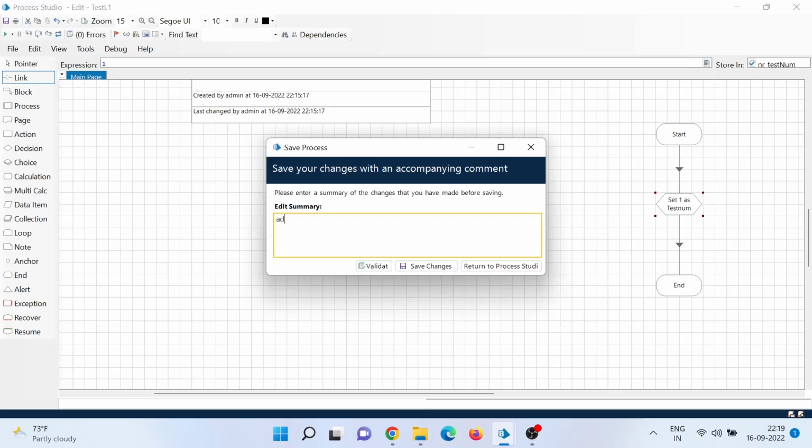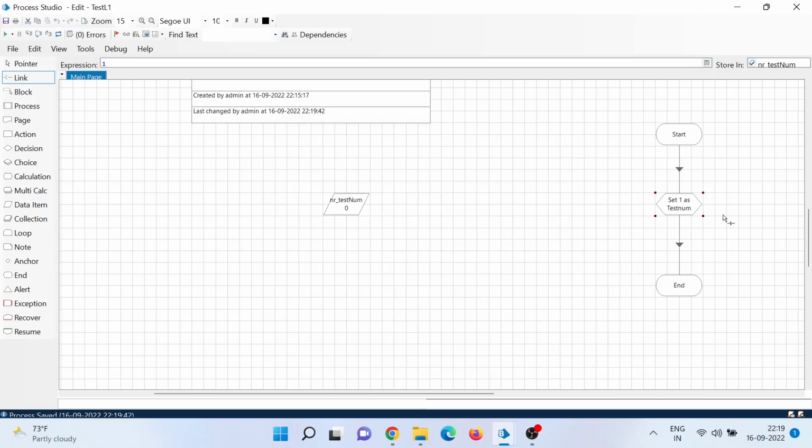Added calc stage testing, save. Now if I just run it, so as I said, it will always start from here. It will start from this. Okay, so there are options like you can actually speed up the run. This is the normal one. So if you speed up and try to run again,